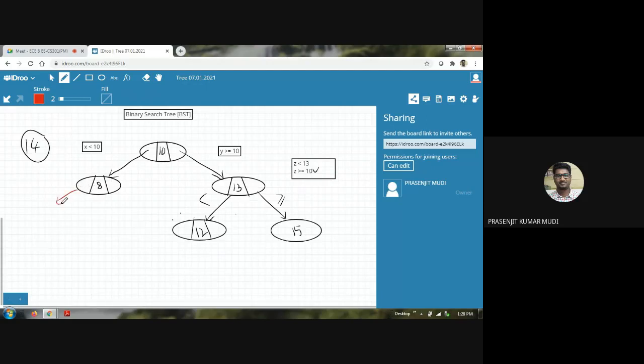This could be a position, here I can insert, because those are vacant. This position is vacant, this position is vacant. So there are 6 available positions. Now tell me, in which position we can insert the node 14 based on the binary search tree policy.